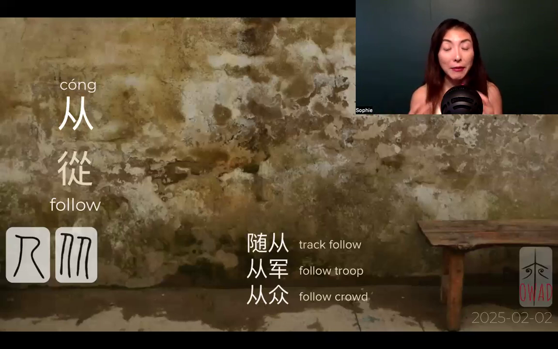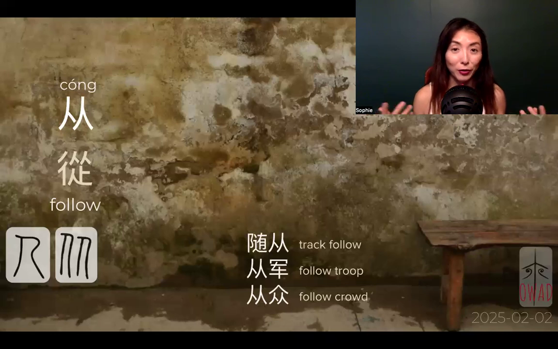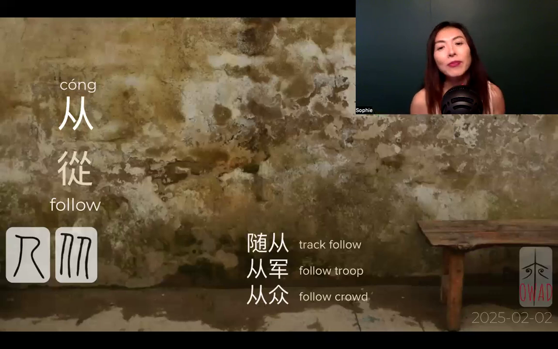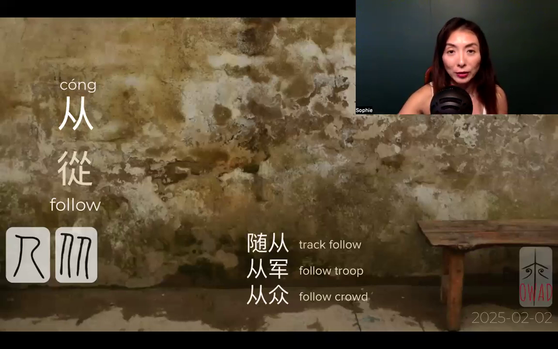Follow the crowd means crowd mentality. You don't have your own decision-making process. You just simply follow whatever the crowd is doing. In today's world, it would be follow the trend. You don't want to deviate from what everybody else is doing. So that's 从众. And I want to point out that 从军 and 从众 both mean follow, but the connotation